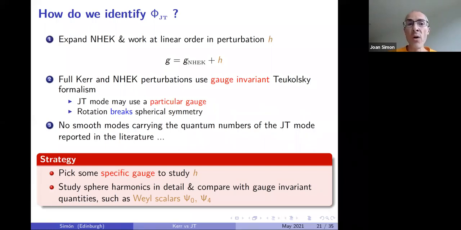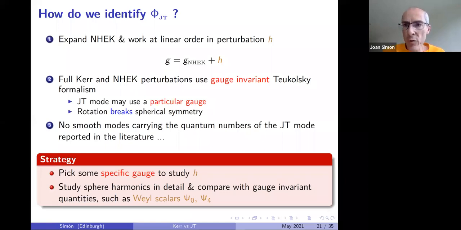But as far as we knew, there was no specific identification of this mode in the literature. And the literature is huge, because it's not just our community, but the GR community has analyzed perturbations in near-extremal Kerr, even for gravitational wave physics. So our strategy, sorry, I should have gone more to the point, is I'm going to accept that to begin with,